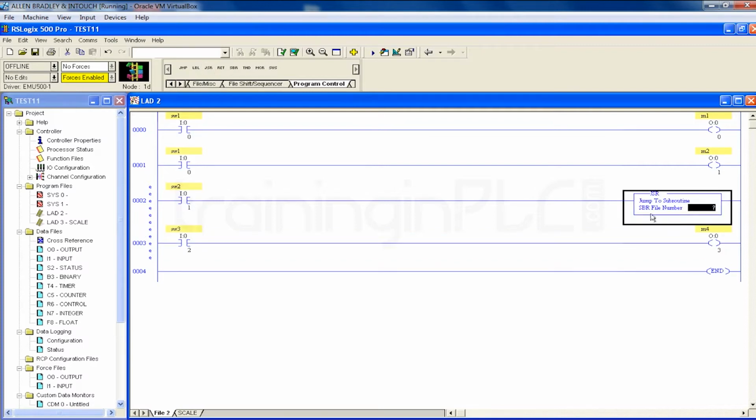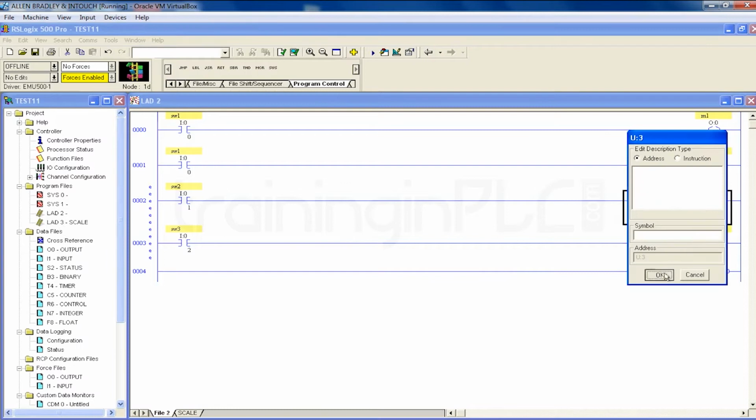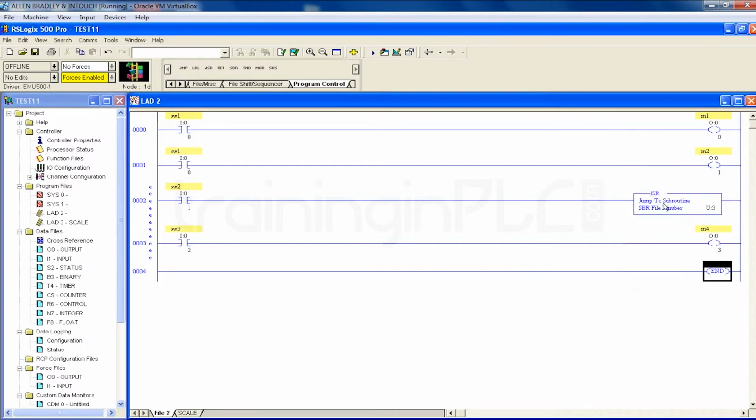If you click on that, it is asking for the file number. The file number should be U colon, and what is the number over here? 3. This is the number you should give, right? So I'm giving 3. Fine. So this is a way to use the subroutine instruction.